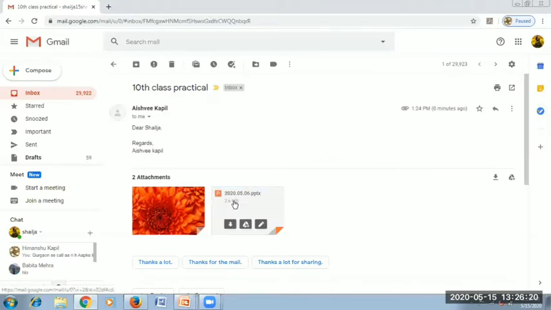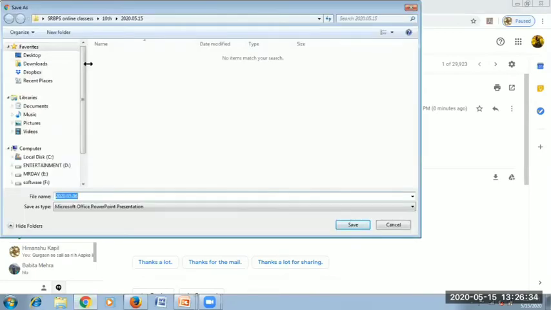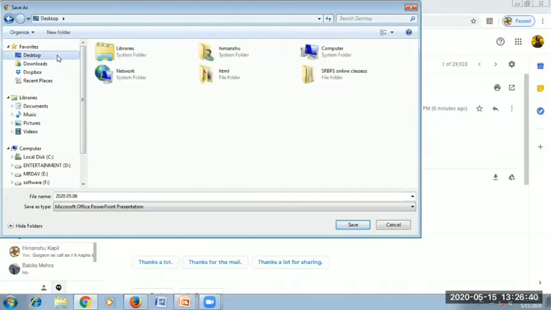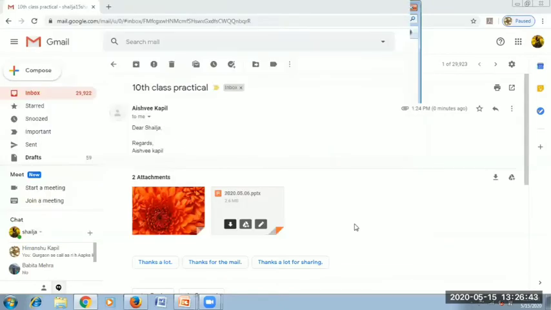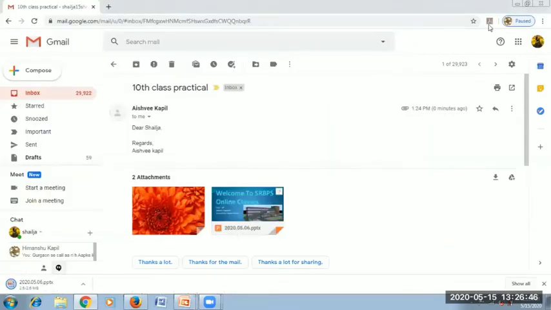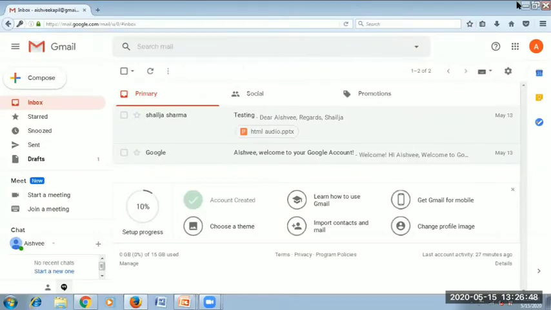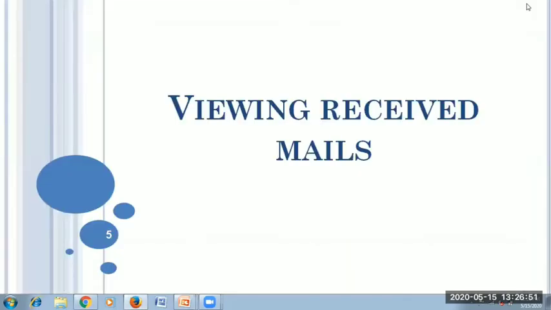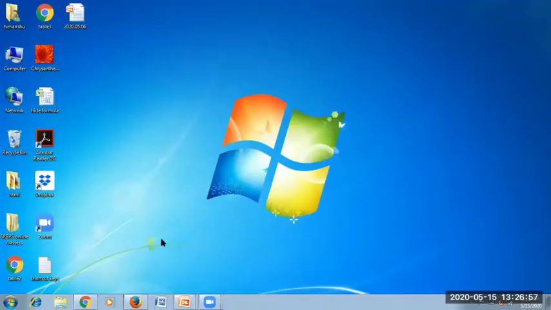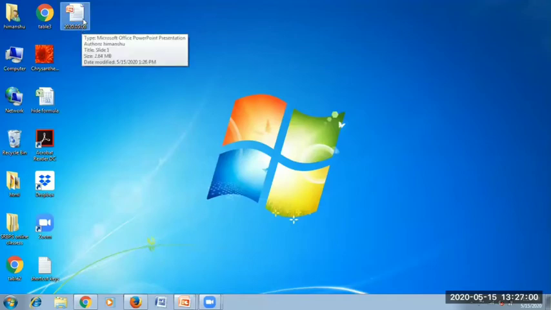First of all, if you want to download a single file, you need to click on that particular option. After that, you will click here on the download option. Okay, I'm clicking. Now you can see my file will soon be downloaded. It will ask for the location where it needs to be downloaded. I want this file to be saved on the desktop, so I have saved this file on the desktop. Yes, here you can see my file is there on the desktop.